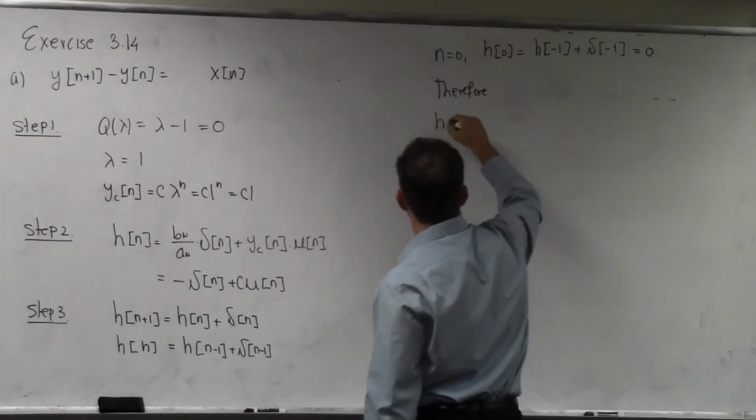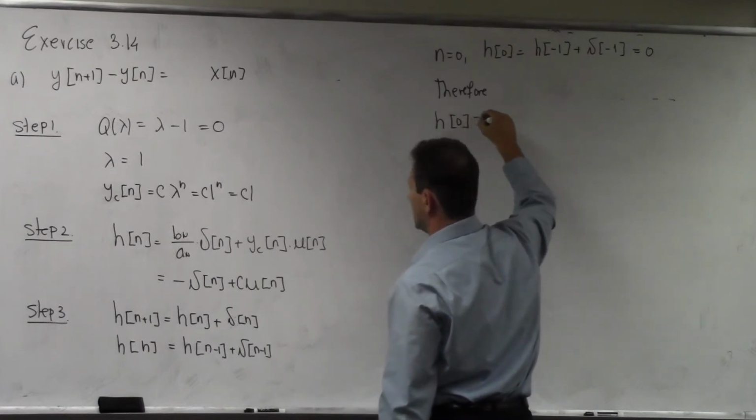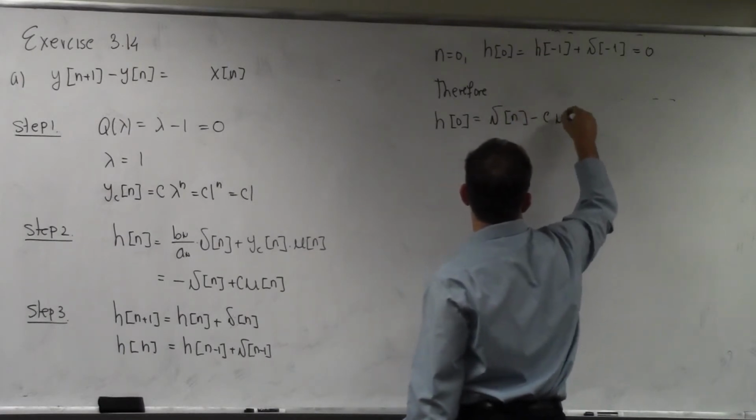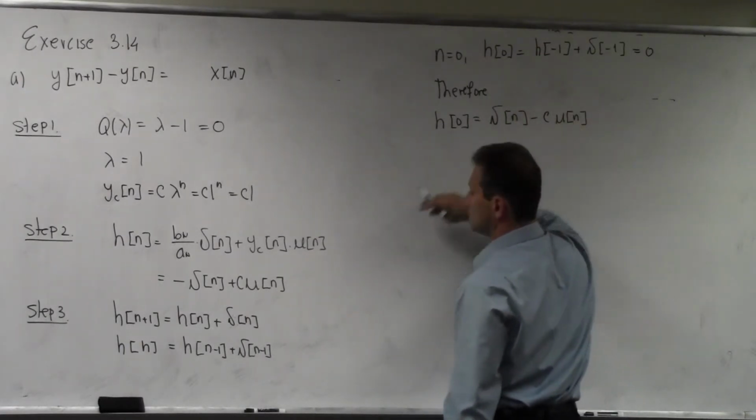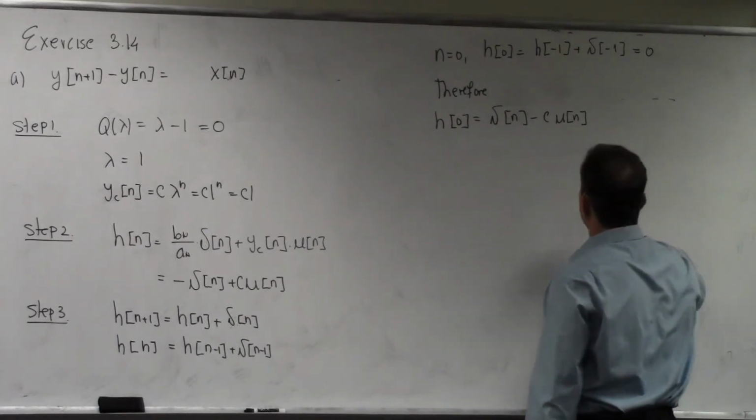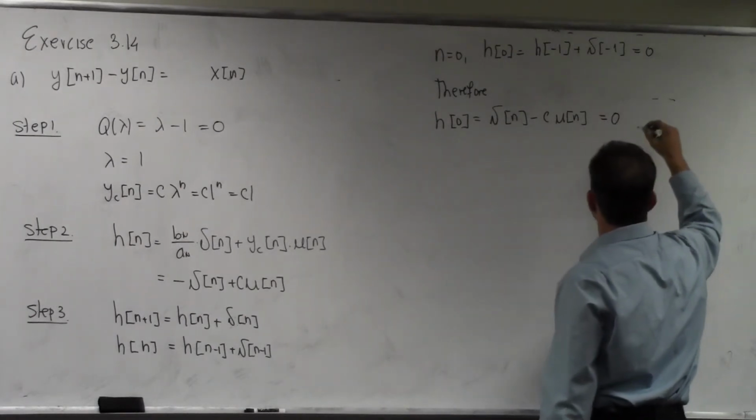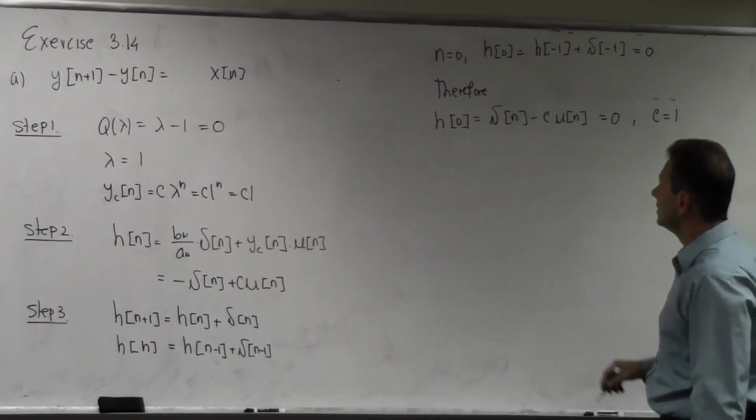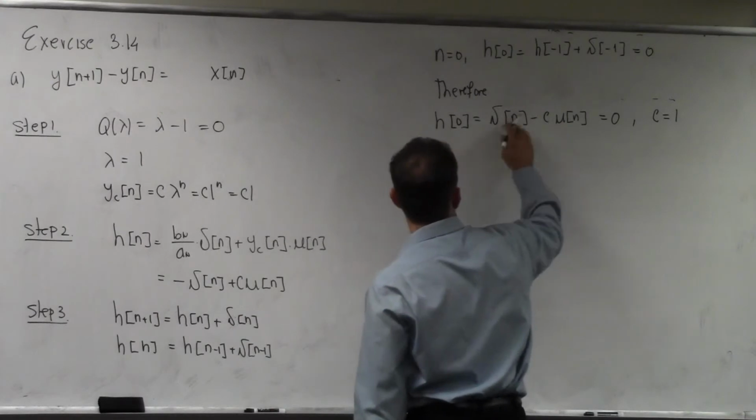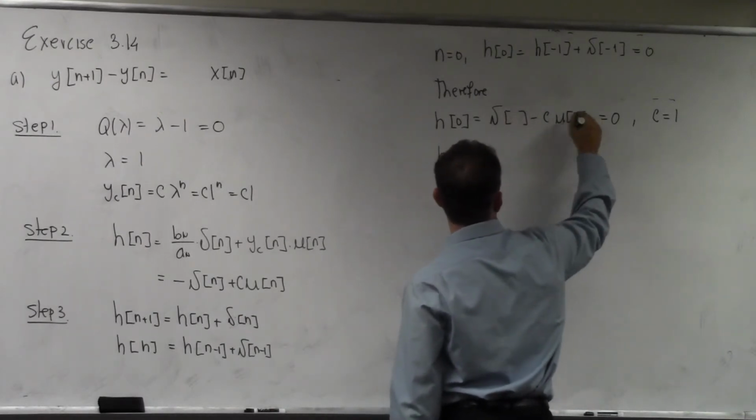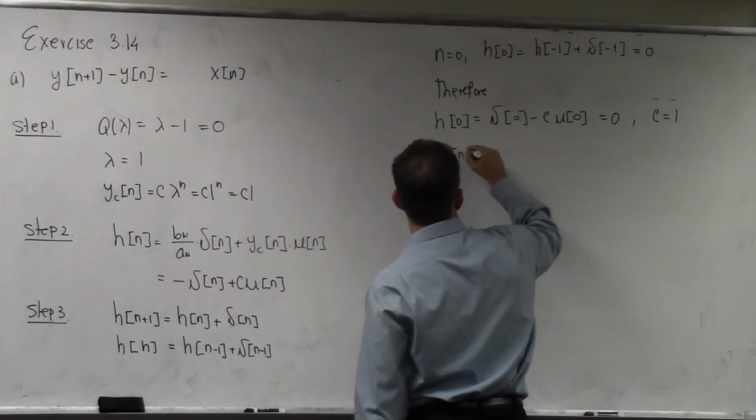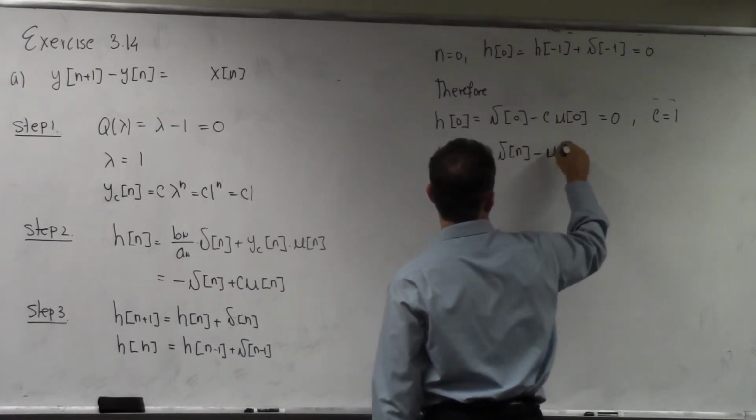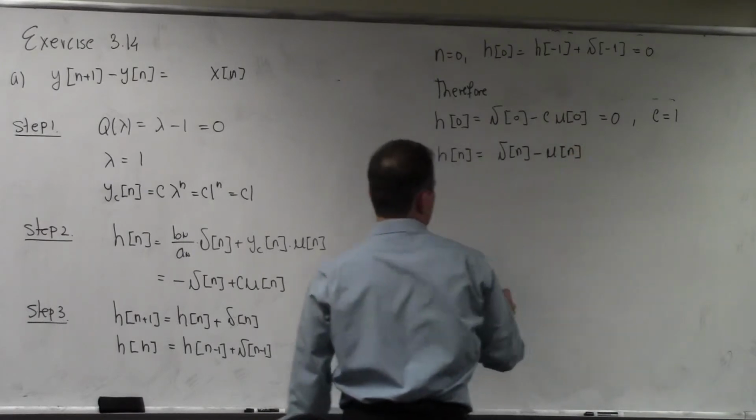I have h of 0 is equal to delta of n minus c u of n. But because of this condition here, I know that this has to be equal to 0. So what's the value of c? 1. C has to be equal to 1. So h of n is going to be equal to delta of n minus u of n. And if you think about what this is,